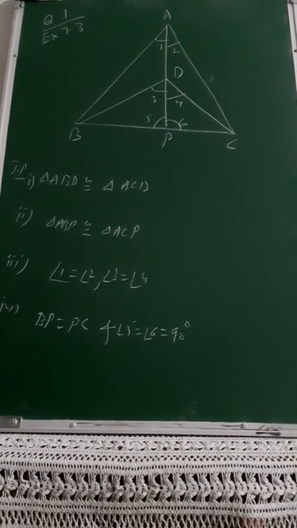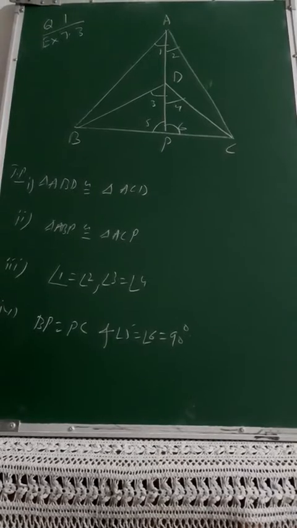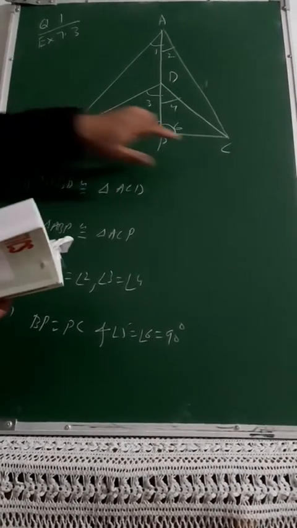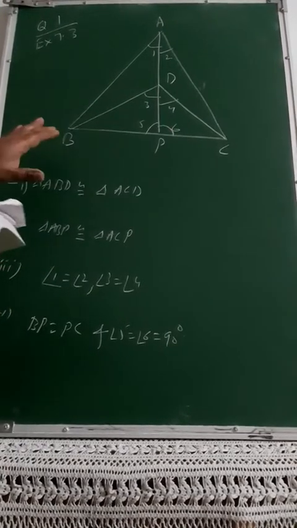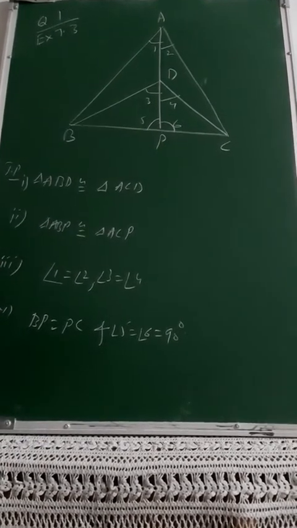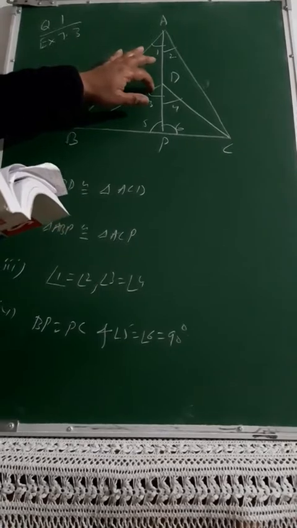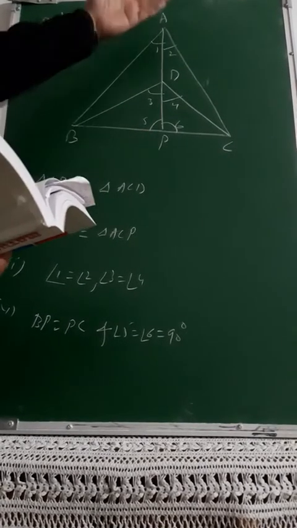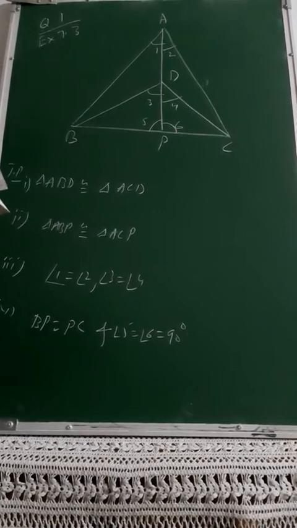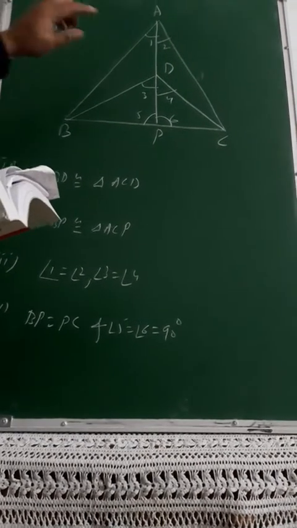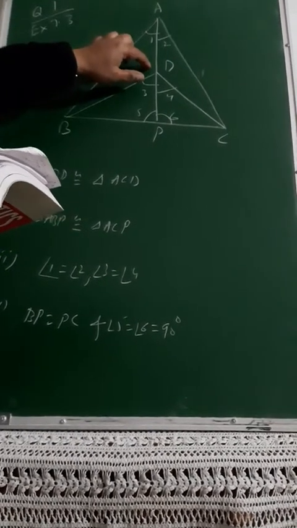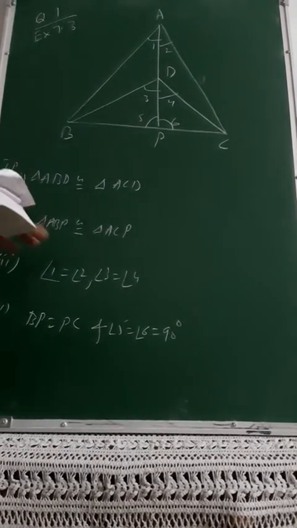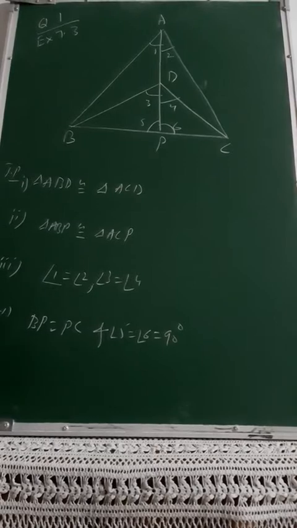The figure is given to you: triangle ABC and triangle DBC. You can see ABC and DBC are the two triangles on the same base BC, and vertices A and D are on the same side of this BC. If AD is extended to intersect BC at P, then you need to prove the first part: triangle ABD is congruent